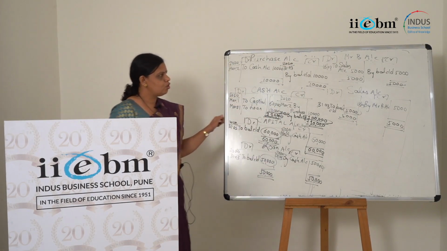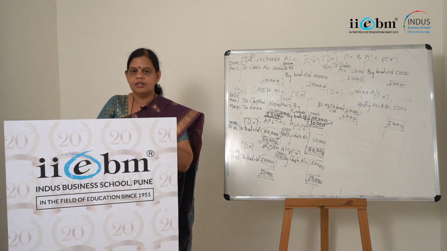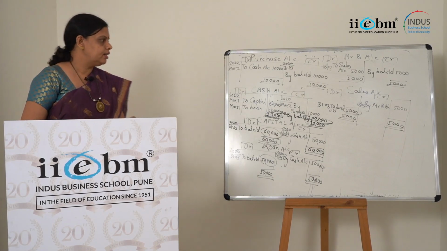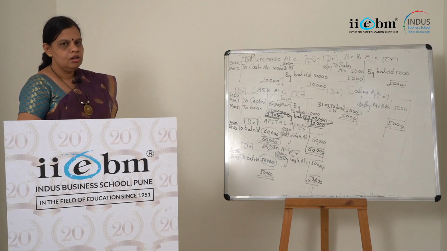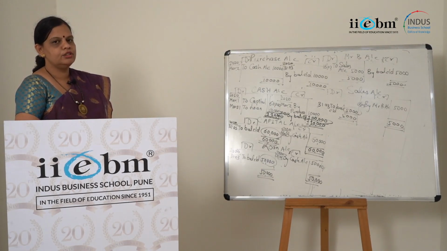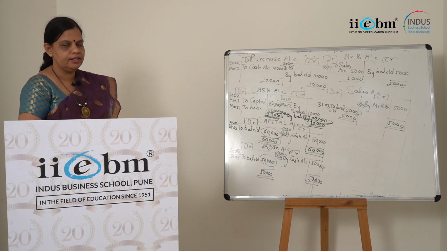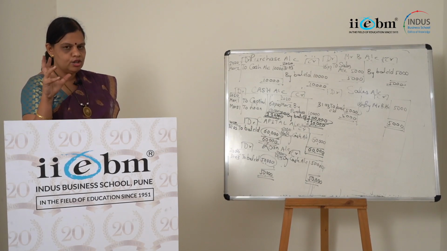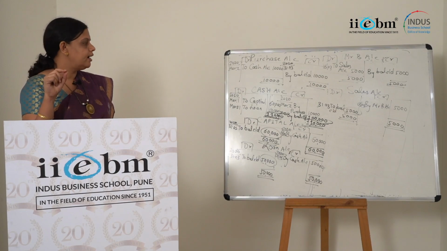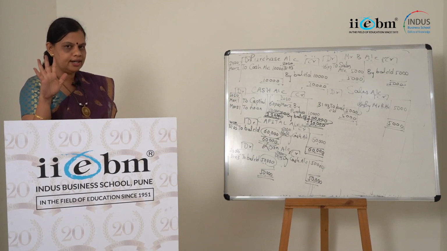So on 31st of March, I have calculated the closing balances for different ledger accounts, right? Check it out whether you can do the posting for ledger account. I have told you the trick for doing posting. There is no need of passing any journal entry. Just identify debit and credit part correctly. For a transaction, just identify the two account heads correctly.